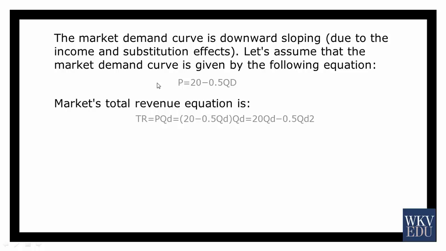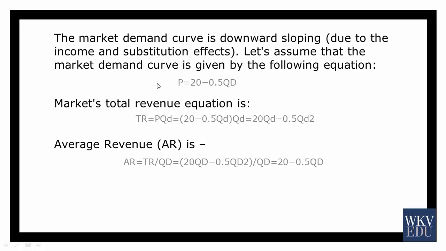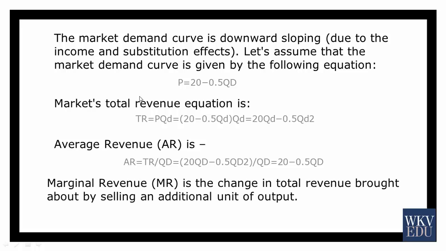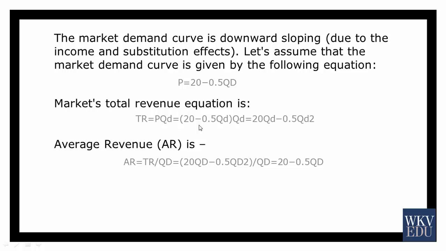Average revenue, as the name suggests, is calculated by the total revenue divided by the quantity demanded. Notice that the average revenue curve is the same as the demand curve, which means average revenue is price. We also must keep in mind the following relationships. The relationship between quantity demanded and price is linear. Own price is only determined by quantity demanded, that is, the price for a commodity X is determined by the quantity demanded for commodity X. Marginal revenue